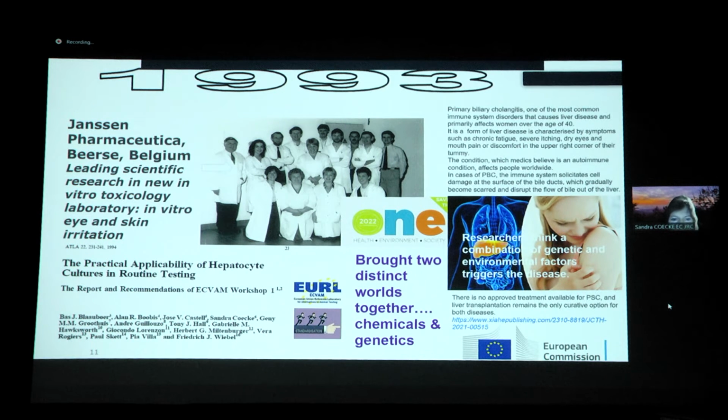I think this week you have been learning a lot about how important the liver is also for organ-on-a-chip technology, because it is our metabolizing factory. And so at that time, we started to look at how we can get these methods standardized. And as I told you in the beginning, I also worked on skin models, in vitro skin, and eye irritation and corrosivity methods. And you could ask how topical toxicity links to systemic toxicity, so target organ and target system toxicity.